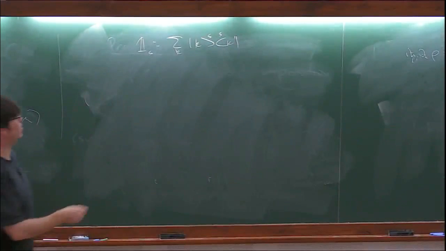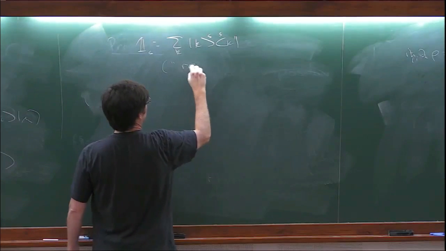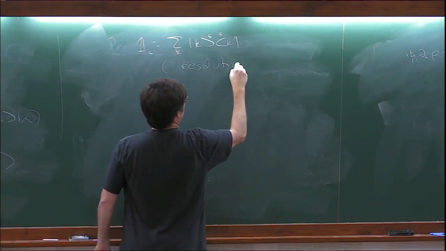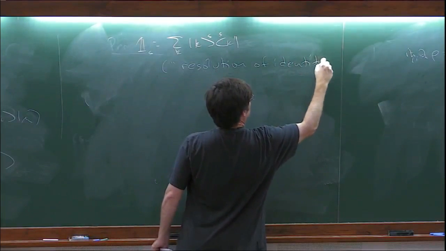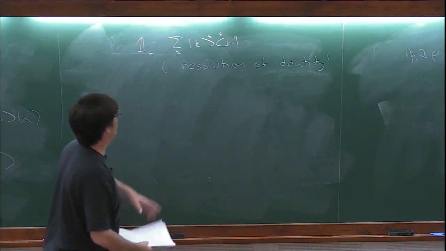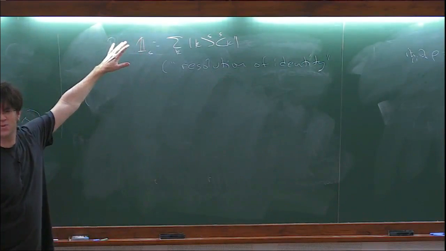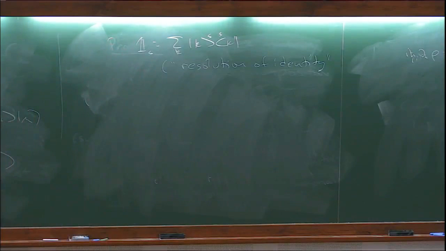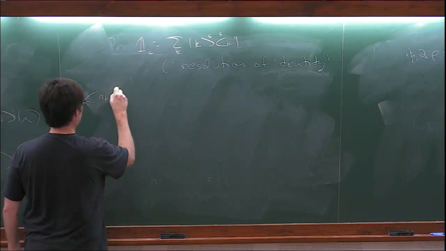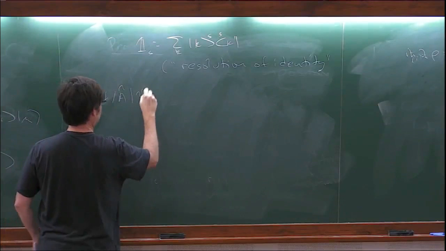This, by the way, is sometimes called a resolution of the identity. And there are an infinite number of equivalent ways of doing this because there are an infinite number of orthonormal bases in a given Hilbert space, a continuum of them. I can do this here, and so I'll find that psi A hat psi